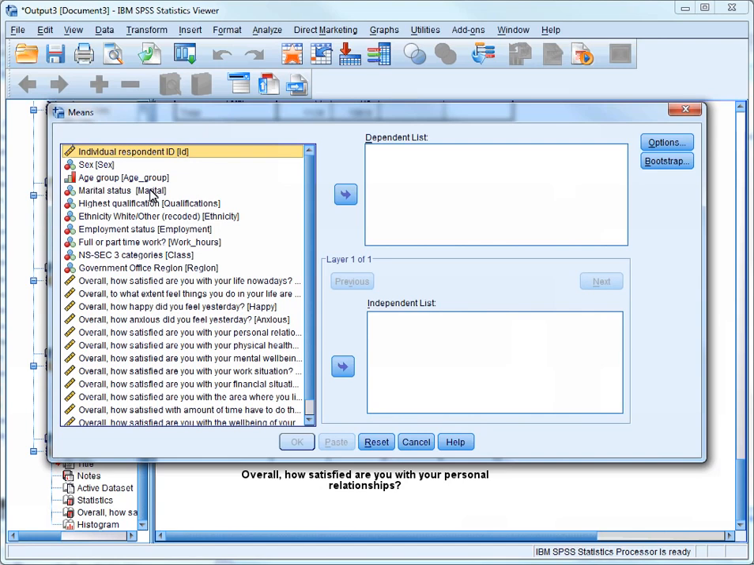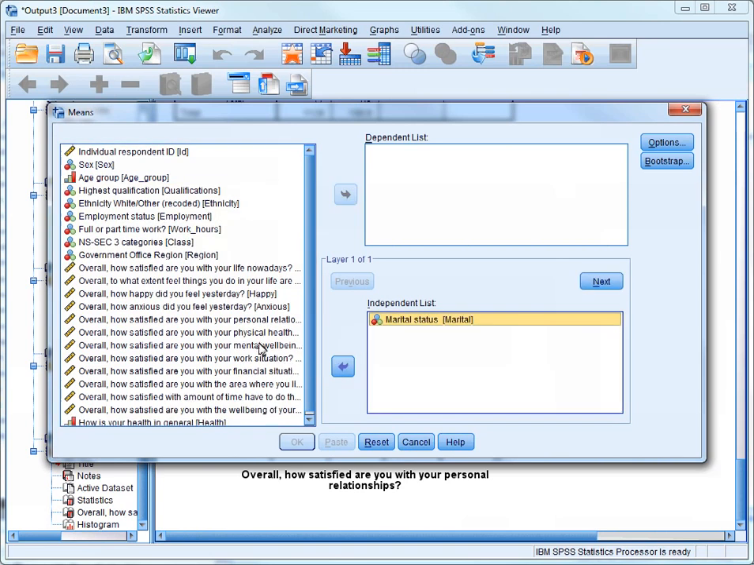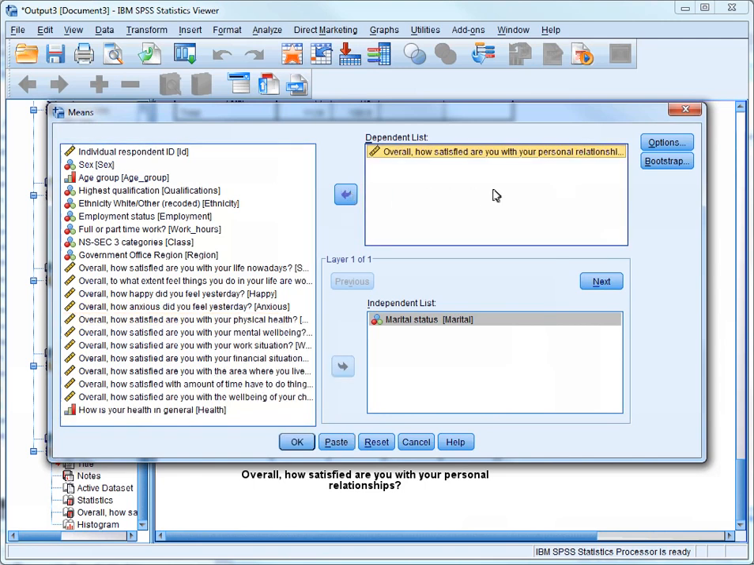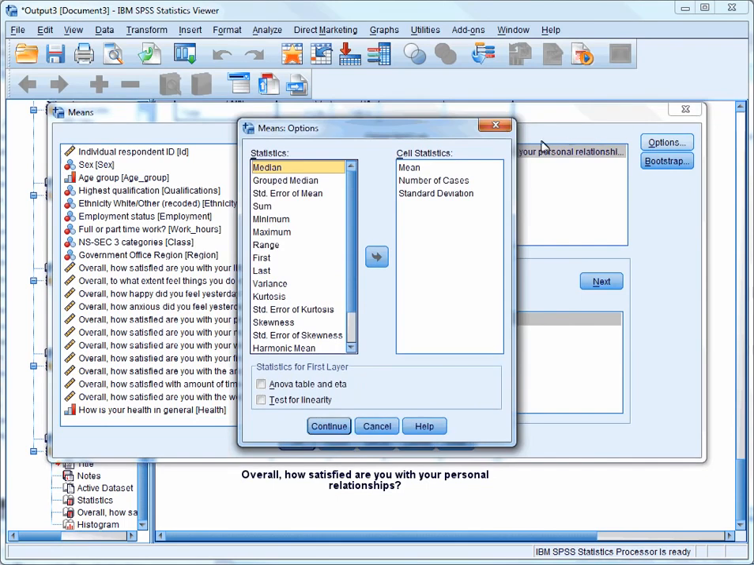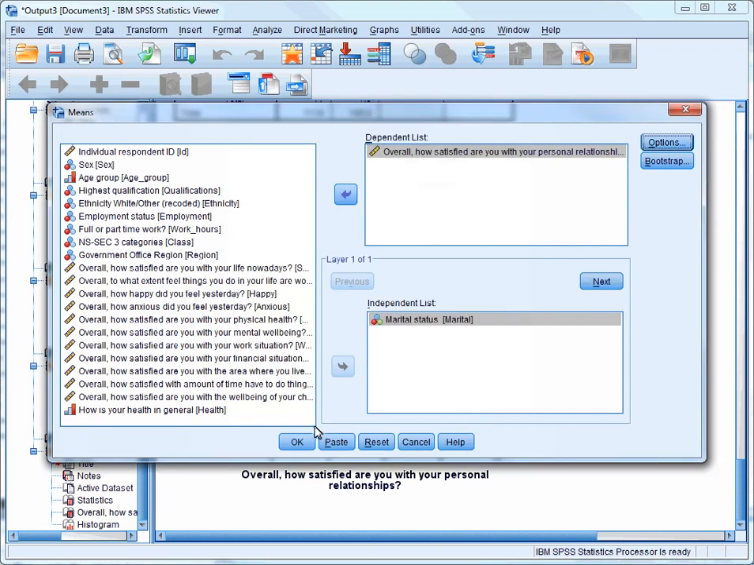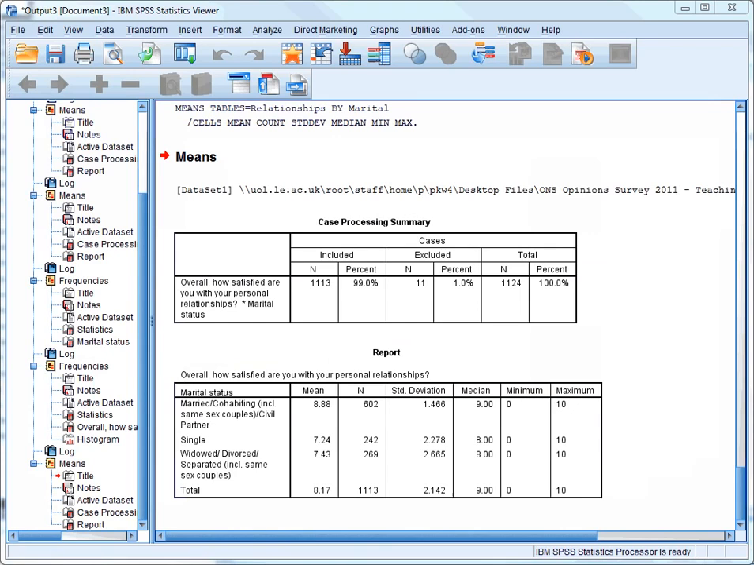Select marital status, which will be our independent variable, and satisfaction with personal relationships, which will be our dependent variable. Then click on Options, select Median, Minimum Values, Maximum Values. Press Continue, and then OK. If we look at the minimum and maximum values, we can see that regardless of marital status,